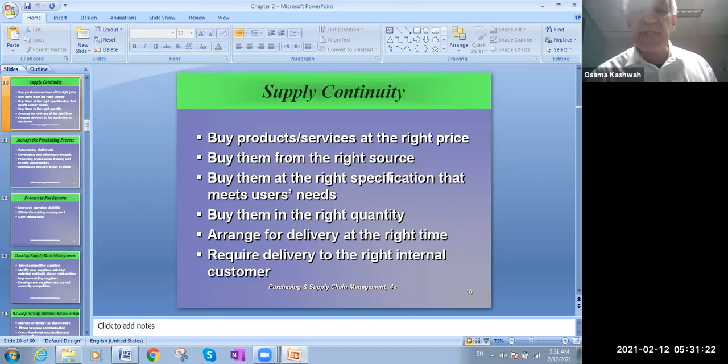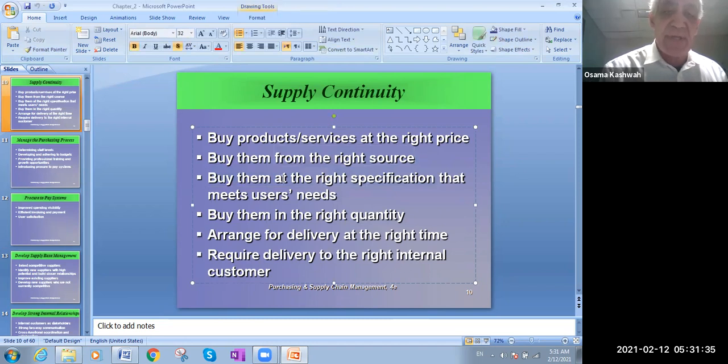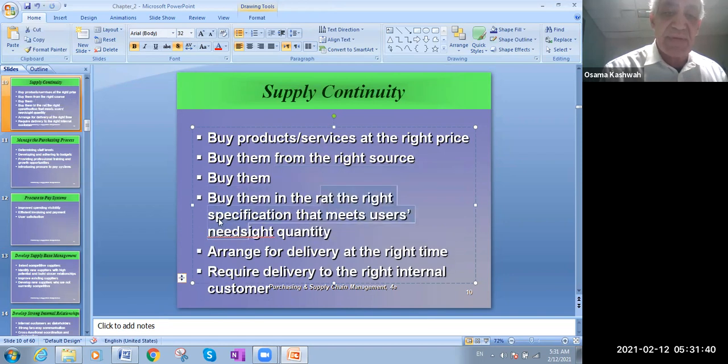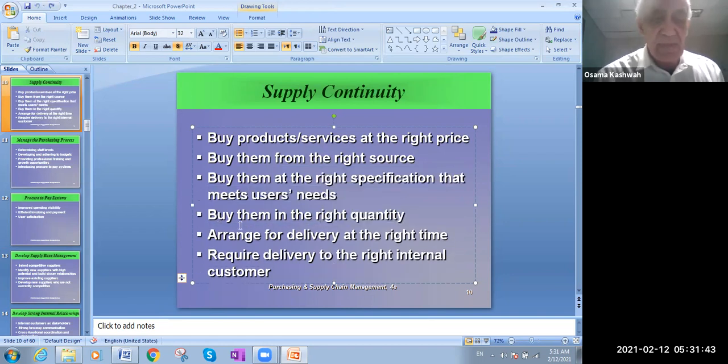Supply continuity. Continuity means going on, will never stop. Buy products and services at the right price, right? Buy them from the right source. Very important, this part. Buy them at the right specification that meets users' needs, okay? And buy them in the right quantity. So you will buy the right quantity at the right time from the right place, okay? Arrange for delivery at the right time